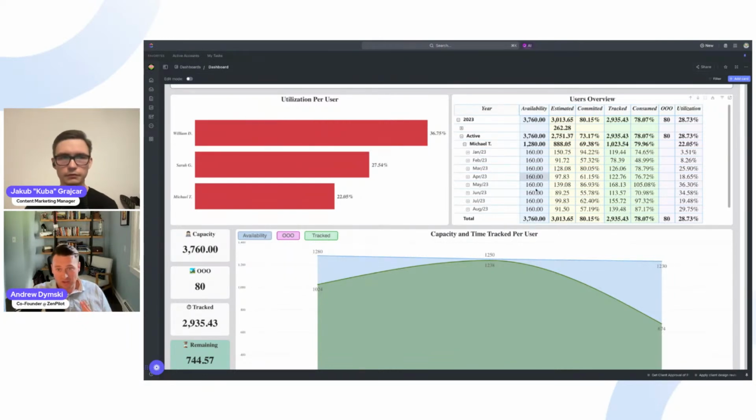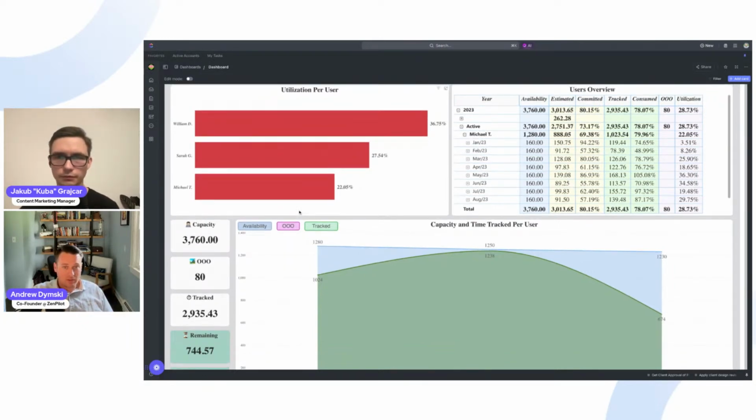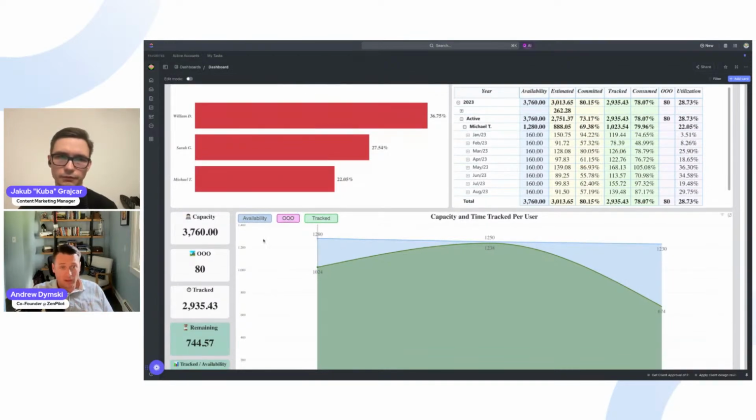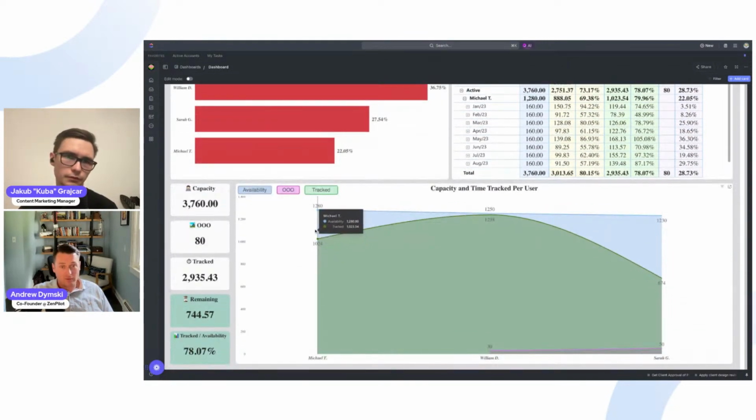So I can see utilization. I can see how that time went into a specific month. I can also see across the whole org how I'm doing at available time versus tracked time versus out of office time, to just, again, see I've paid for this effort. I've got a team member here. Where is that time going? Is it invisible time? Kind of this time here between